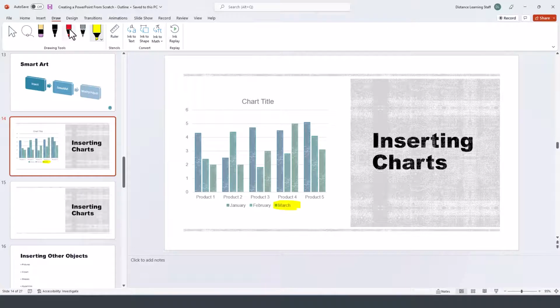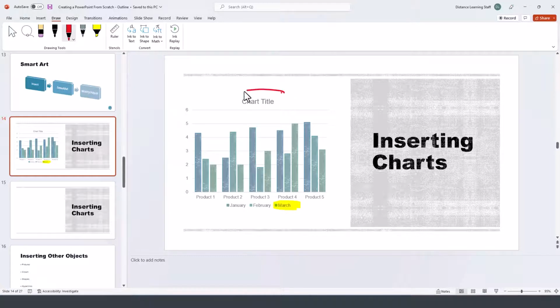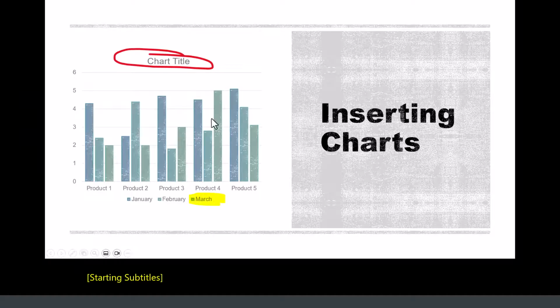Obviously, I can also use the various pen options, and if you click on the drop down here, you can make this a thicker line and pick a different color or color combinations, and then you're using the mouse to draw whatever you want on the particular slide. If you want to erase something from here, you simply select the eraser. If I go and present this, obviously the components that I used as part of the drawing tools will be